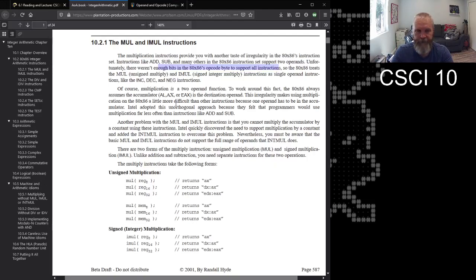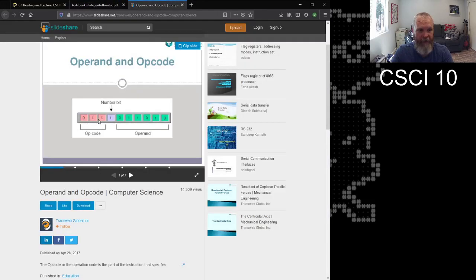This is an example, right? But they ran out of 3-bit codes, so they ended up having to spill over and, let's say, use 5 bits, which meant that they ran out of space to do all the operands that they wanted. So let's pretend, for example, that this is a 3-bit opcode and then two 3-bit operands. If Intel said, well, crap, we've already used all the 3-bit combinations that are available to us, we're going to have to take some of these bits.